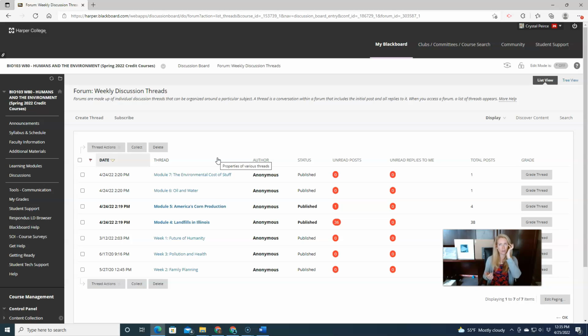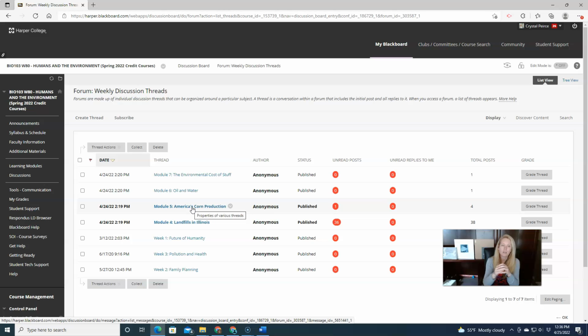For example, last week was week 5, but it was module number 4, and in the discussions, this said week 5 versus module 4. And some of you were jumping ahead to the next discussion, which is the discussion for agriculture, this week's discussion question. So again, I apologize for that. The way that I had things laid out by weeks didn't necessarily match up with what I had on the discussion board, so I've tried to modify that.